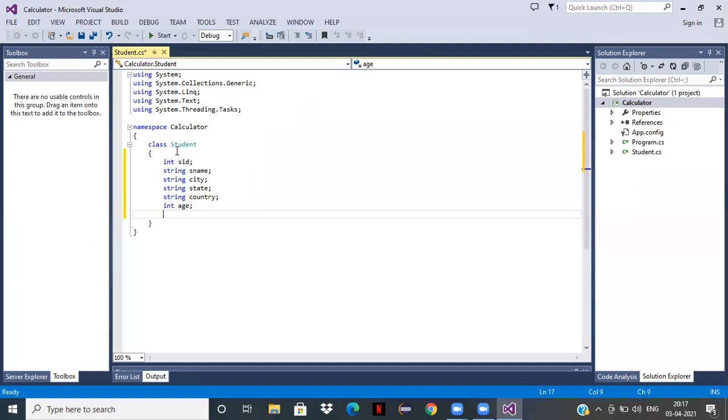Then we have to declare the method void accept.